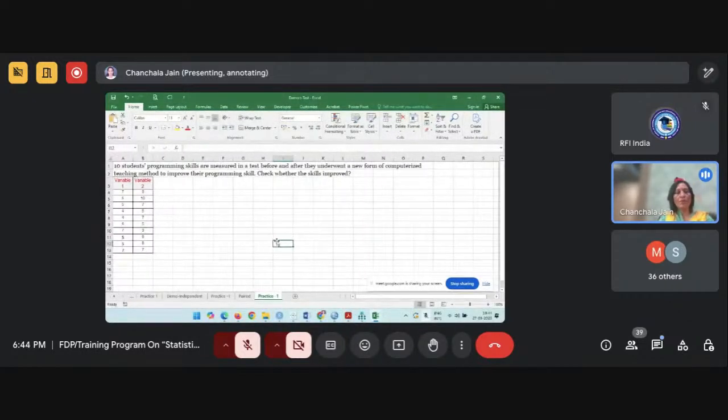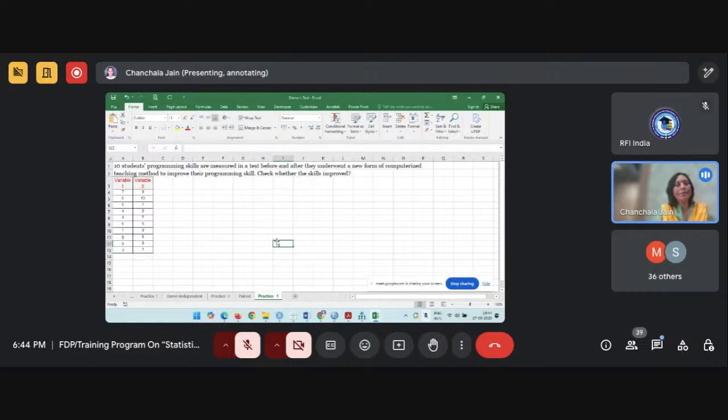Now I will summarize the whole session, and after that, if you have any query, you can ask me questions. Today we discussed the concept of parametric tests. We tried to understand what a parametric test is. I gave you the names of some parametric tests. We saw the purpose of using the t-test. Why do we use the t-test? Whenever you are interested in finding a significant mean difference, you use the t-test.